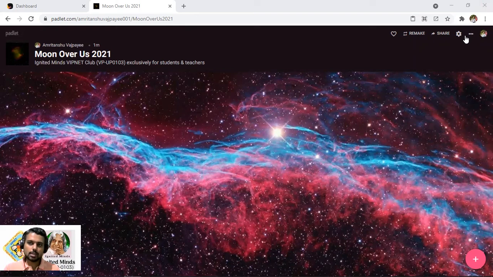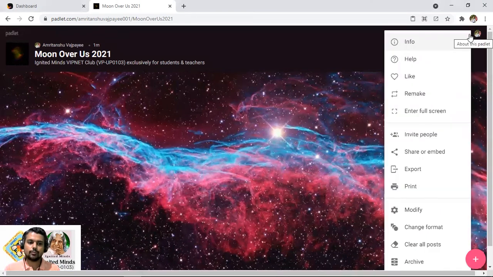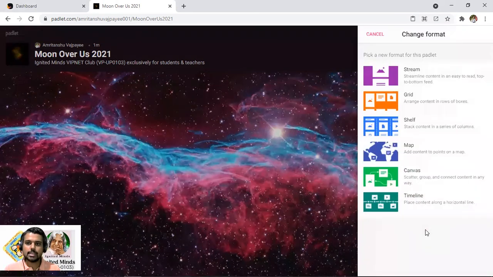For that, you have to click on these three buttons of more. You just come down and click on change format. It shall show you the other alternative formats which are available in front of you. They can be chosen by you depending upon your requirements and level of satisfaction, and you can proceed as you were proceeding with the previous layout under the new settings.